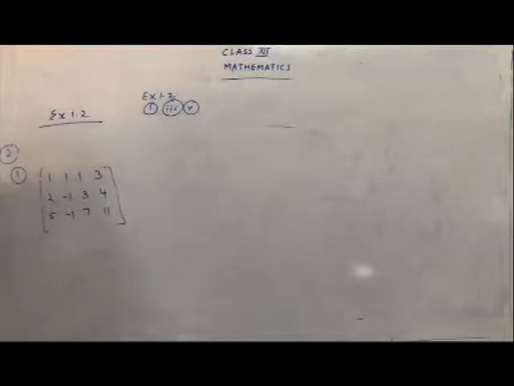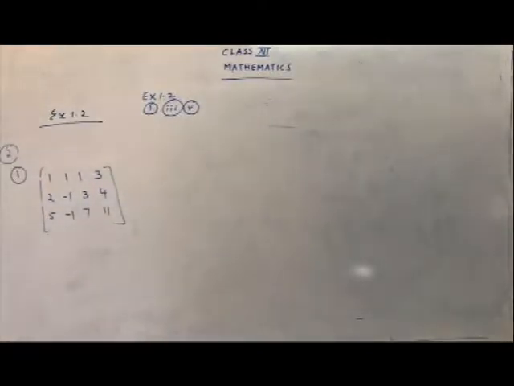And now here the first element is already 1. So what are you going to do? You are going to make 2 zeros. We have to change the 2 to 0, and also we have to change 5 to 0 using the 3 rules that we have studied under elementary row and column operations. That's why I told you that you have to know the rules, because we are going to apply the rules over there and find out the answer for rank.